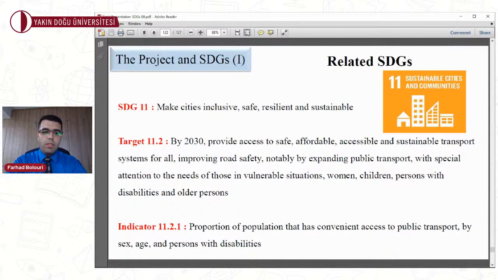Now you see it is related to SDG 11, make cities inclusive, safe, resilient, and sustainable. It is related to targets. You remember all the professors talked about the targets. It is related to target 11.2, about sustainable transport systems and things like that. And as an indicator, you remember Professor Hüseyin Gökçekuş told you about the indicators, the 232 indicators we have. Here, it is related to indicator